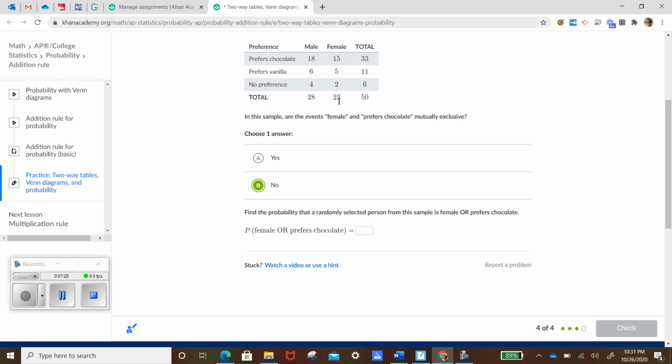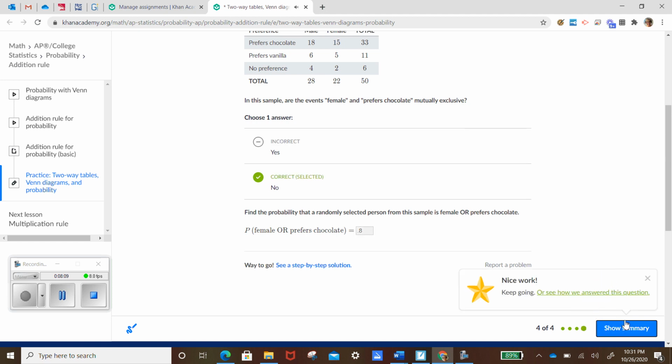So if we add these numbers together, 22 plus 33, we have 55. But that doesn't work because we only have 50 people total. And that's because we've counted 15 of them twice. 15 that are both female and prefer chocolate. If we take our 55 minus our 15, and we have 40. So 40 out of 50. So female or prefer chocolate, I believe, would be 0.4. No, that would be 0.8. 40 out of 50, 0.8. I'm questioning if I got this right or not, but I'm going to check it. Oh, I did. Okay,